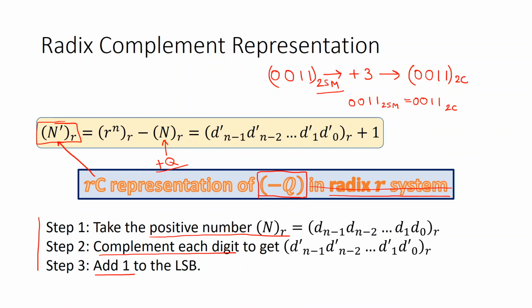So here the sign magnitude comes into play a bit. But even if you did not know the idea of sign magnitude, what you would do basically is represent the positive quantity, in this case it is 3, and pad with zeros to fill up the length of the number. Suppose I am using a 4-bit word, and what you get would also be the 2's complement representation.